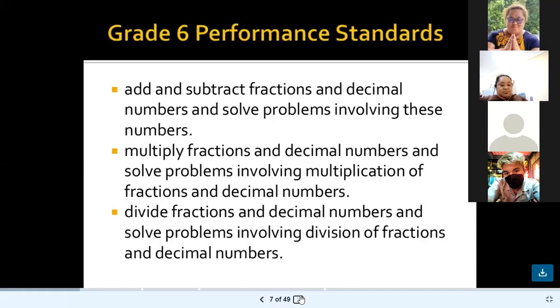Yes, ma'am. So, add and subtract fraction and decimal numbers and solve problem involving this number. So, diri ma'am, kailangan ta mag-add and subtract the fraction para mabalaan ta ang solve problem involved sa mga numbers. And multiply fraction and decimal numbers and solve problem involving multiplication of fraction and decimal numbers. So, diri ma'am kailangan ta